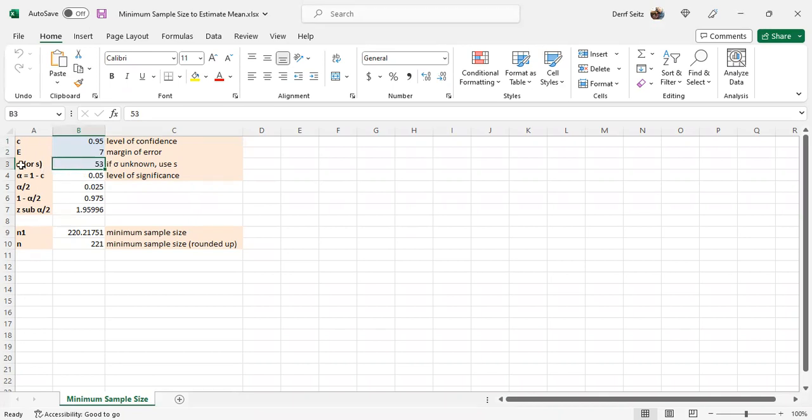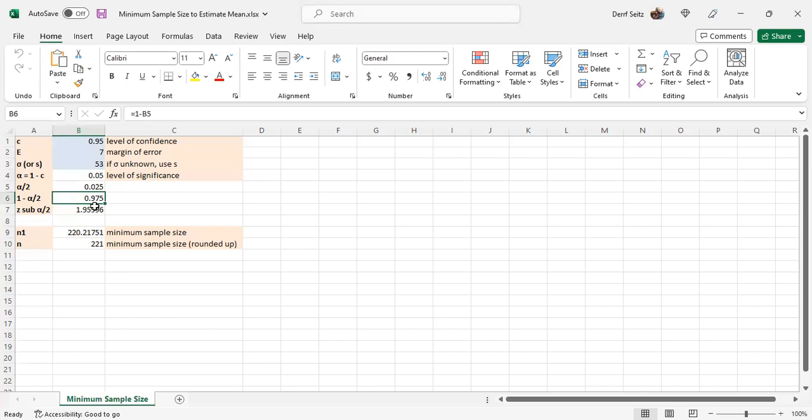If sigma is known, then you use sigma, the population standard deviation. Otherwise, use S, the sample standard deviation. Everything else is calculated from those three: the level of significance, alpha, which is the complement of the level of confidence, alpha over 2 is the area in one tail, 1 minus alpha over 2 gives you all the other